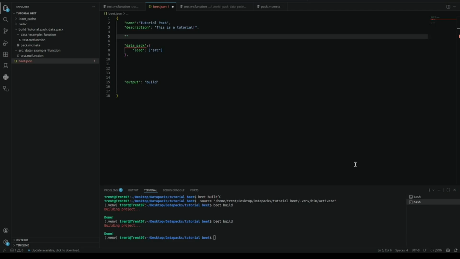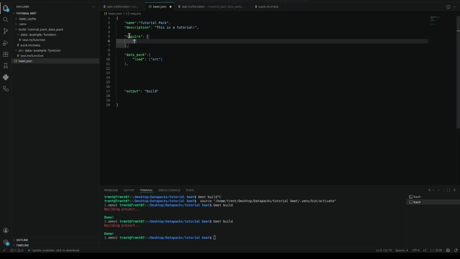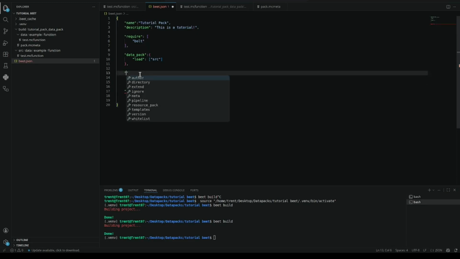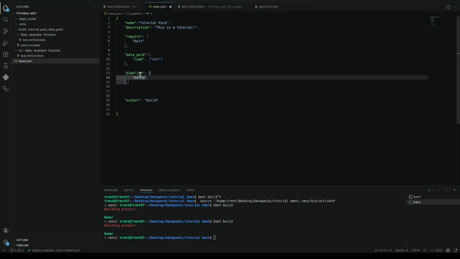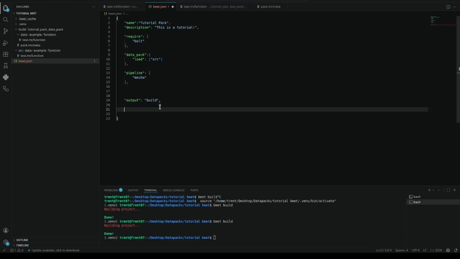What we are gonna do is require, in lowercase quotation marks, bolt, and then in quotation marks we are gonna do pipeline, and all lowercase we're gonna do mecha. I'm pretty sure this is version control for Beet and Bolt. I could be wrong though, but after we have our output build file, we are gonna do